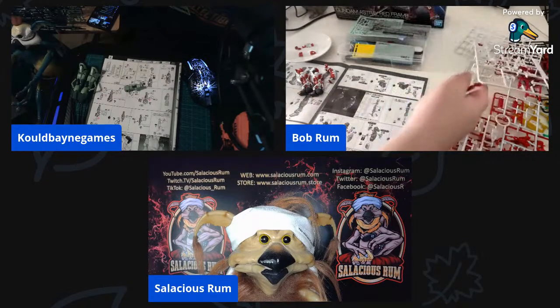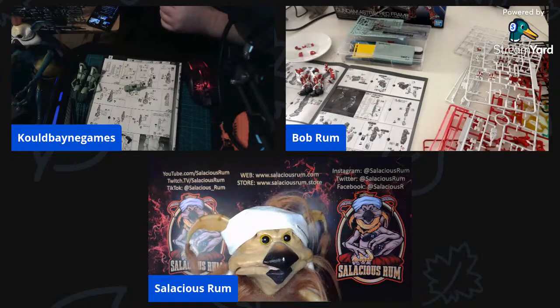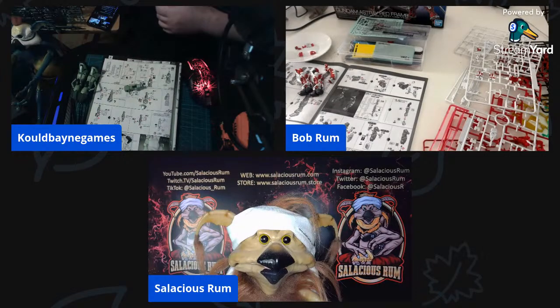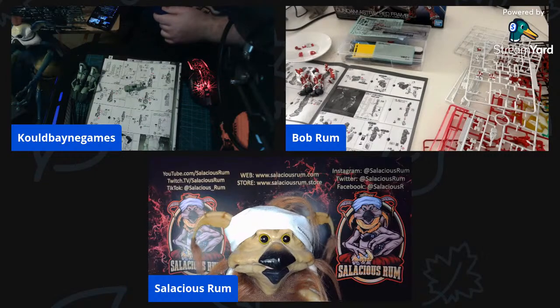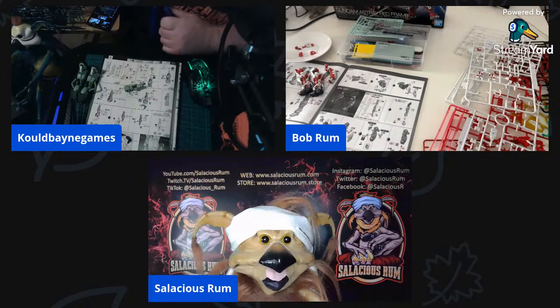Salacious does not want to miss out on being on the Off-World Adam shield. He hates being left out of things, don't you, Salacious? Yeah, gotta be included. Don't like being left out. It's because I used to get left out of the football team all the time. They used to pick me last, so...